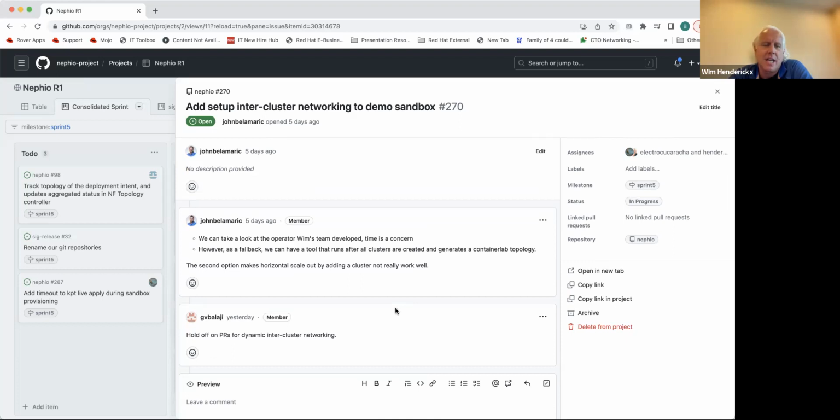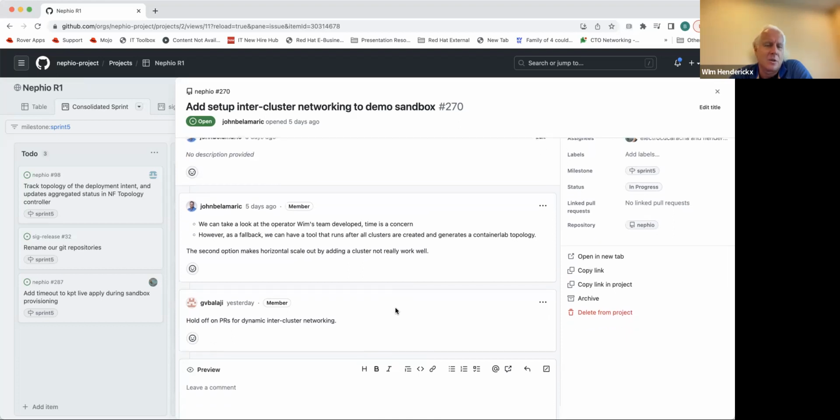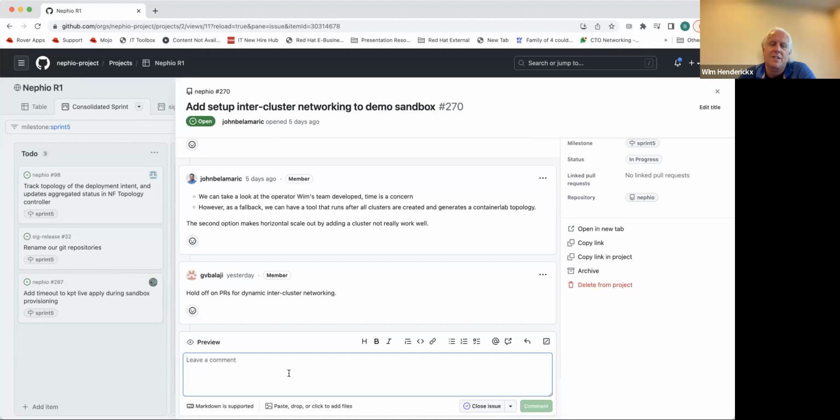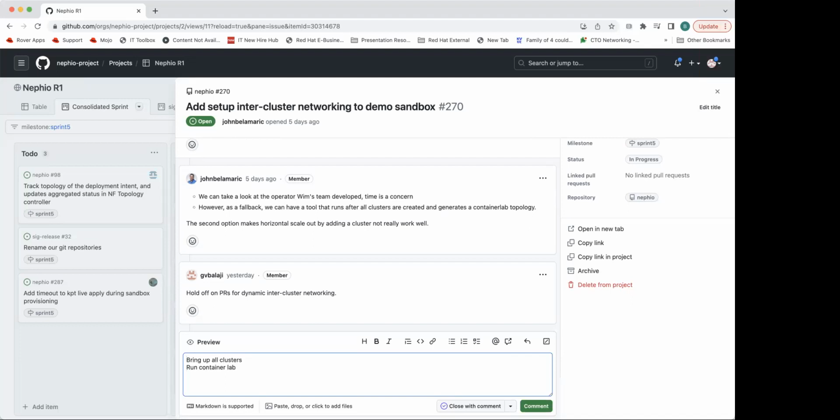So we take the containerlab file and we just execute it, and that's what we'll do. But the step will be first bring up all the clusters. So in our setup, it will be regional, H1 and H2, and then you run containerlab. I'll prepare a file for it, but we basically just have to change the name of the cluster. The naming is just to be worked on, so this will be, let's say, 10 minutes of work. Okay, this is for the static one, right?